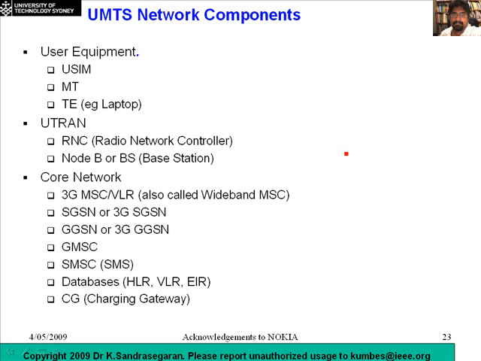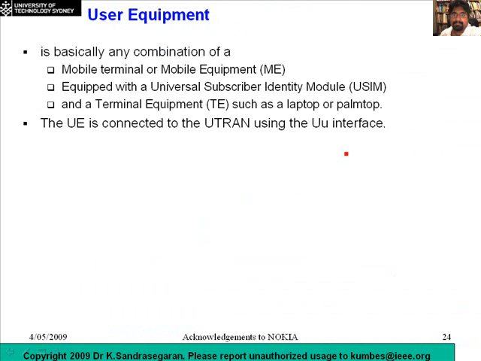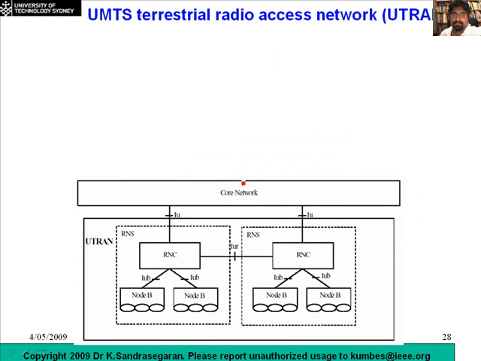The terminal equipment and the mobile terminal are also different, and we're going to look at each of these in detail. The user equipment is made up of the mobile equipment, the USIM, and an external device such as terminal equipment, a laptop that you can connect to your mobile. So the user equipment is made up of these three parts, and it's connected to the UTRAN. The UTRAN is probably the most complex part of the 3G network, and we've already seen that it is made up of